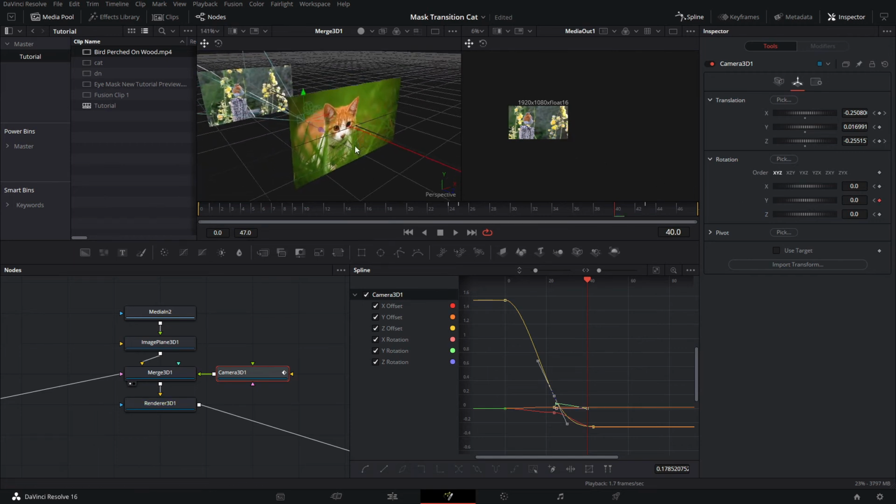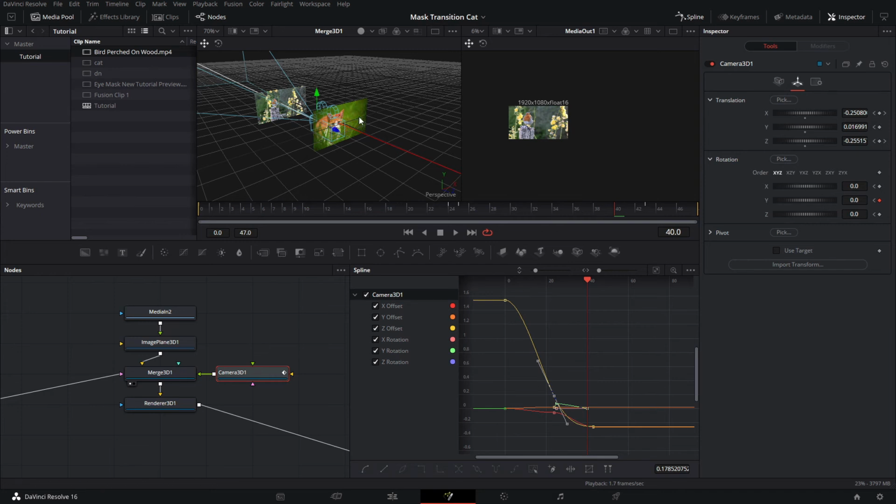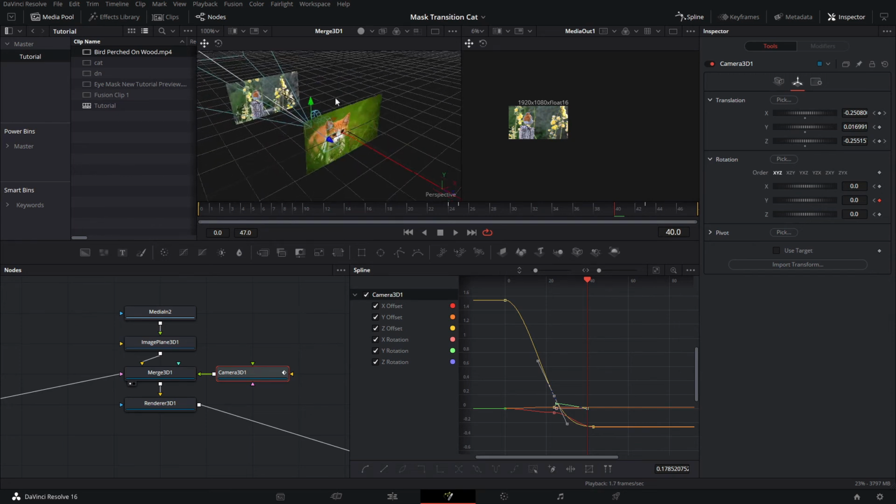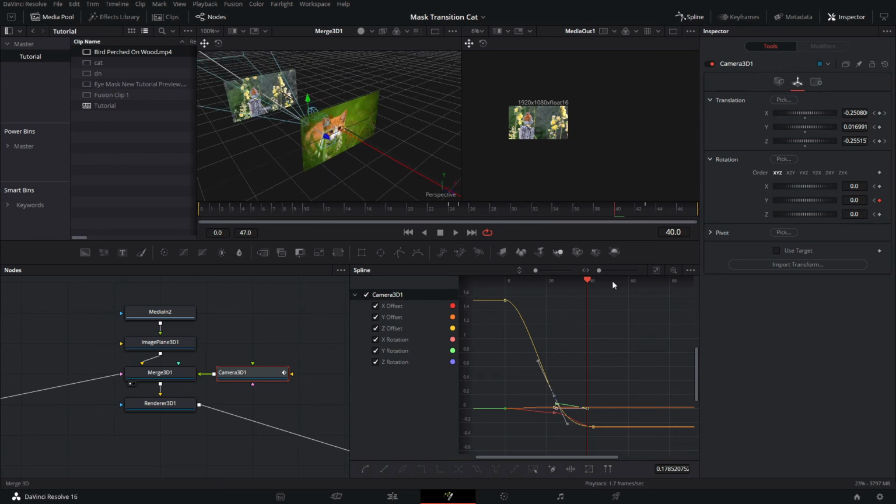So that is what it looks like. That is pretty much the basics of it. That is all you would have to do. You can add more things and make it more complicated, but that is the basics of what you would go through. And this is sort of the easiest method, because if you do it on the edit page,